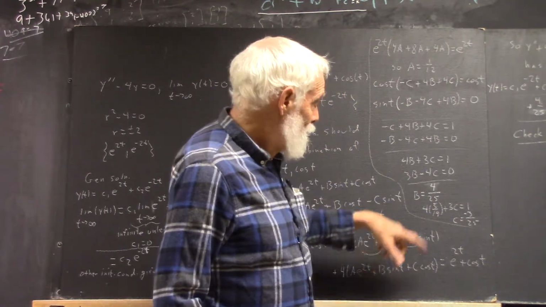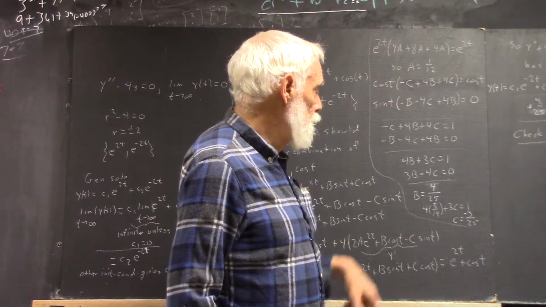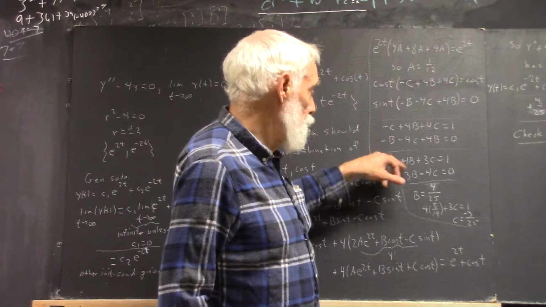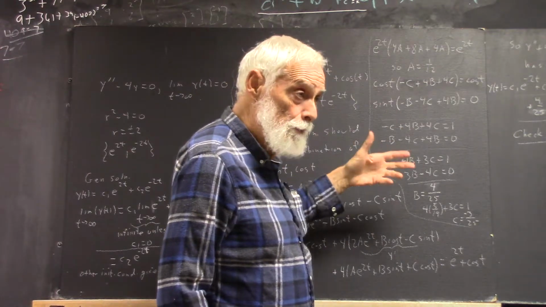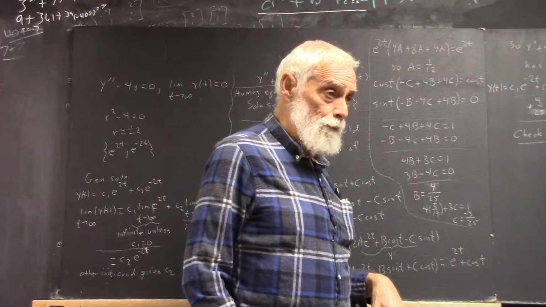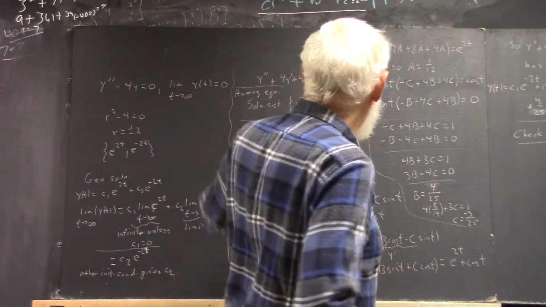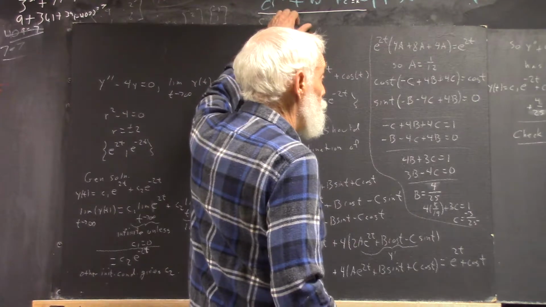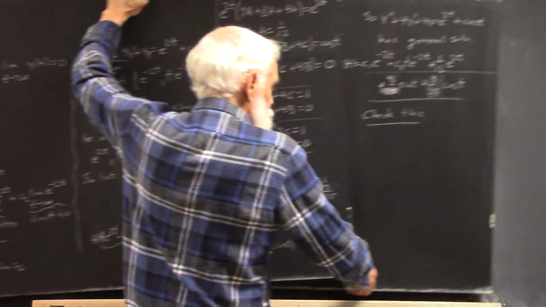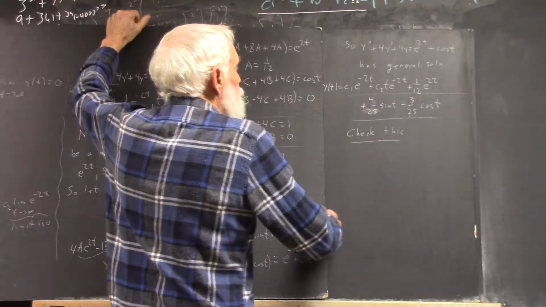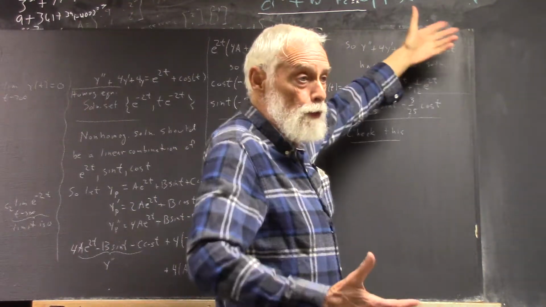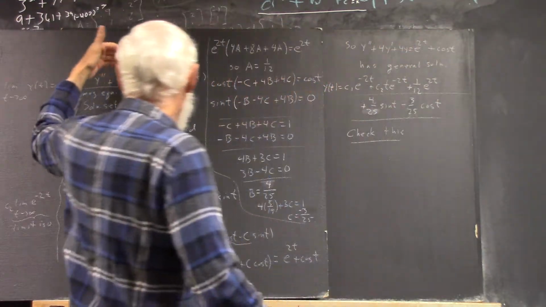Okay. You get b equals 4/25, and then you can plug that into the first equation, or you can plug it into the second, it wouldn't matter. And you're going to get c equals negative 3/25. And I think those are right. So our conclusion is that y double prime plus 4y prime plus 4y equals, the same equation that we started with over here,